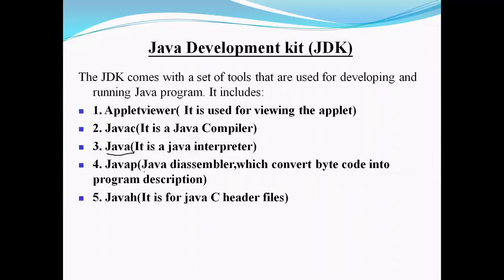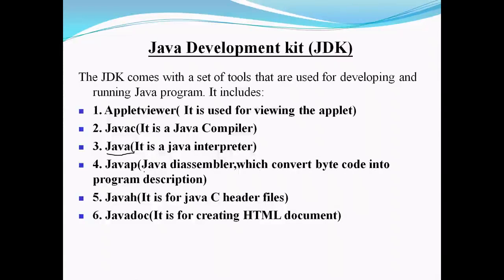The next one is javah. So javah produces header files for use with native methods. As I have said earlier, Java is extensible, and Java can use functions which are defined in other programming languages, like you can use functions defined in the C programming language. So all those headers from C programming languages can be generated or produced with a command called javah.